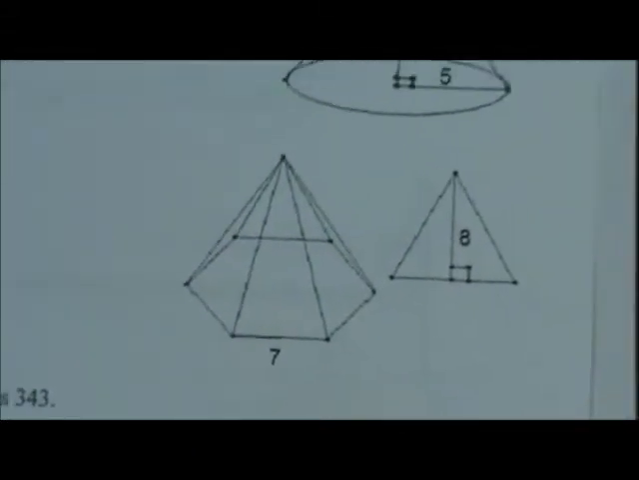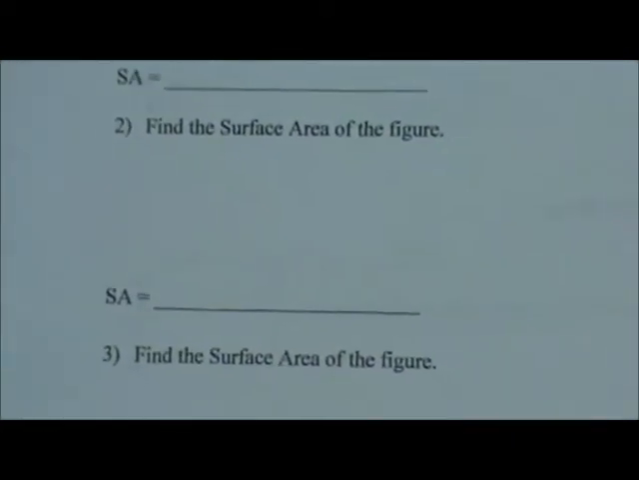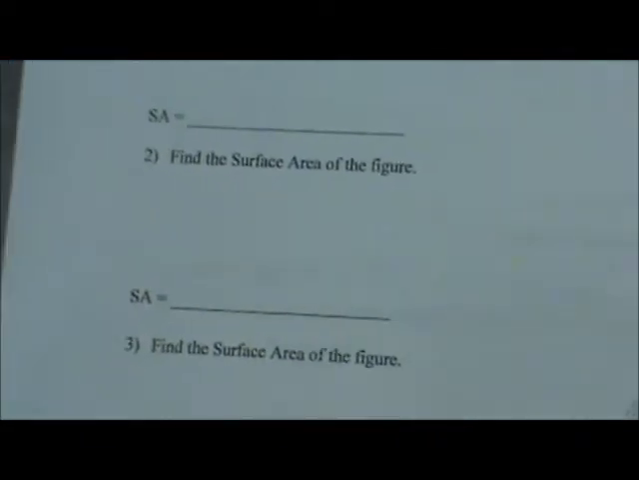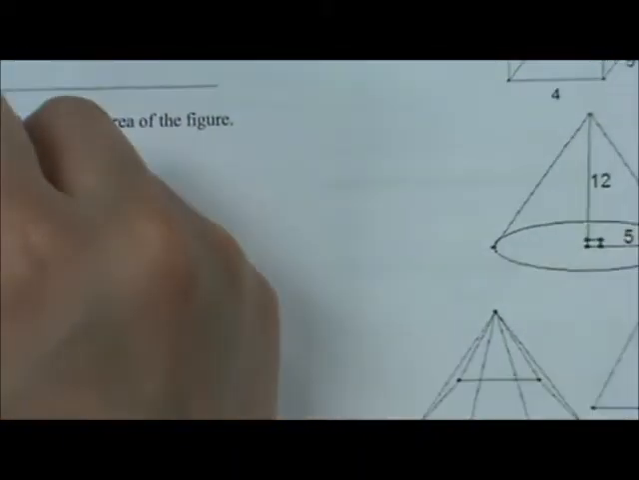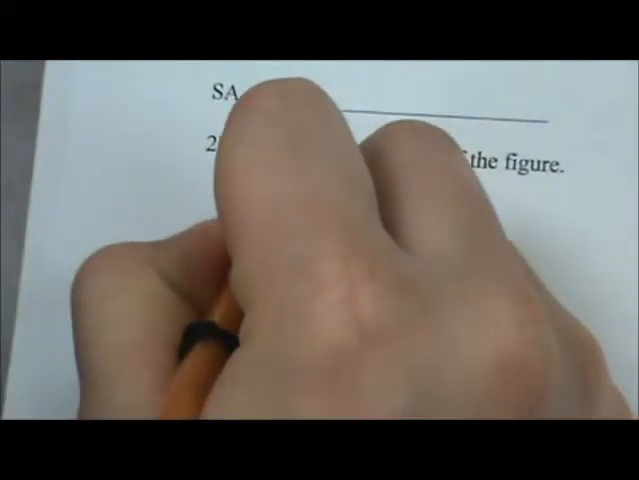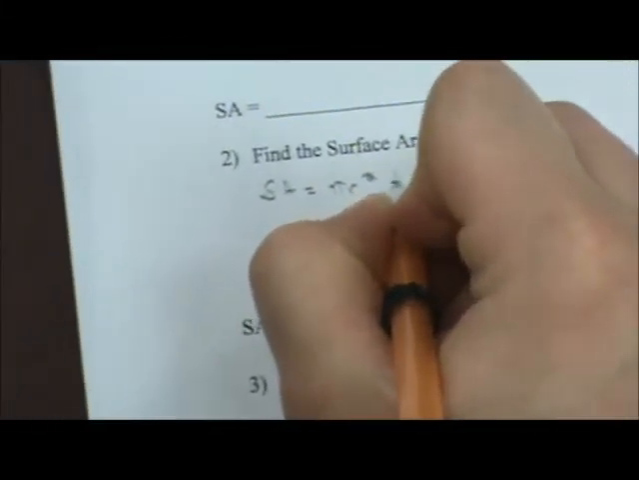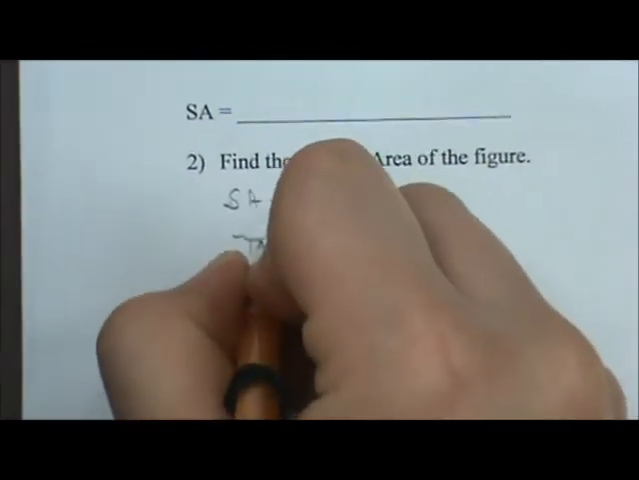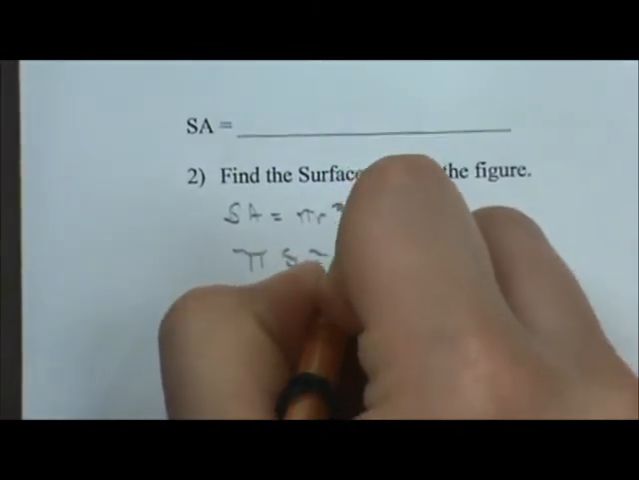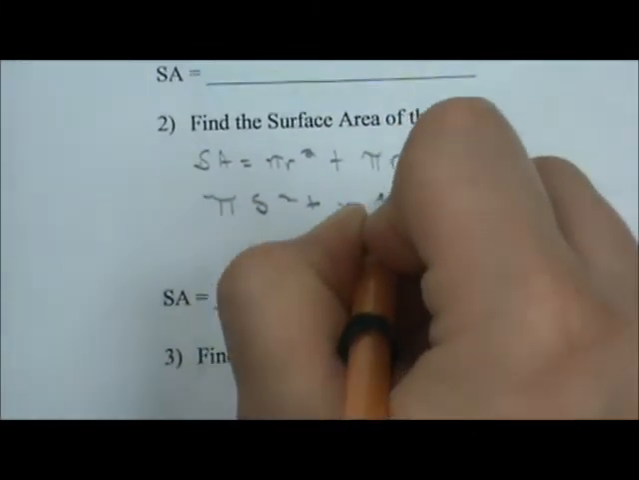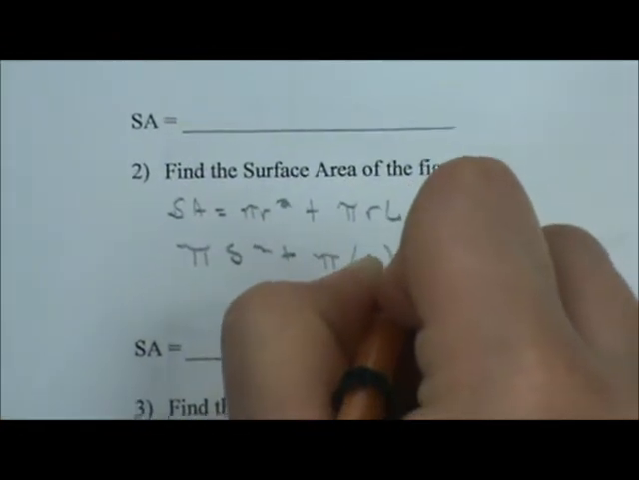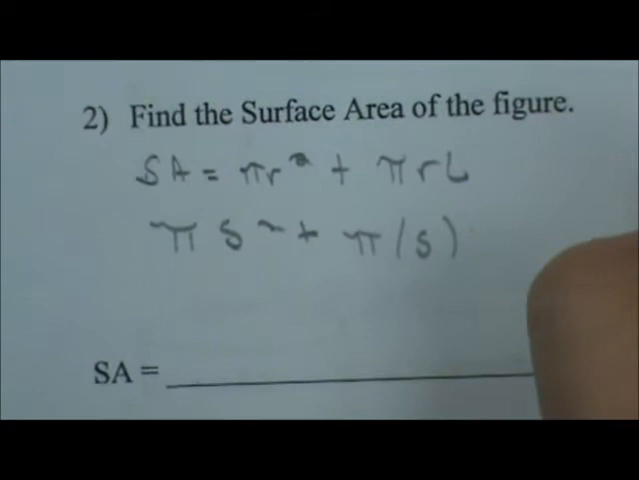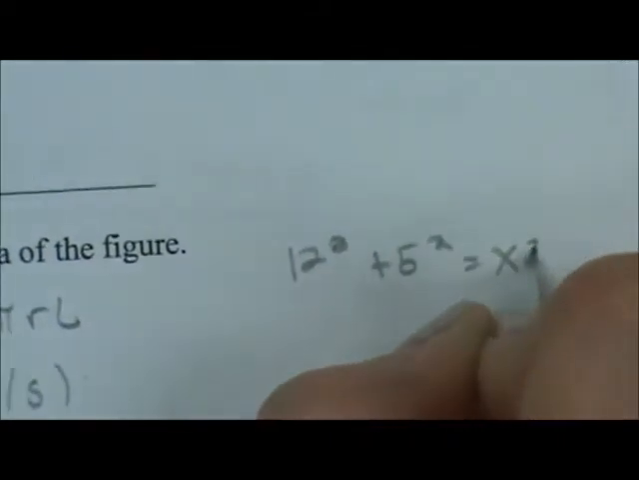And now we're going to go back to homework check, the first one for 12.3, and we're going to do numbers 2 and 3. So 2, finding surface area. So our surface area is going to equal pi r squared plus pi times r times L, slant height. So we're going to do pi 5 squared plus